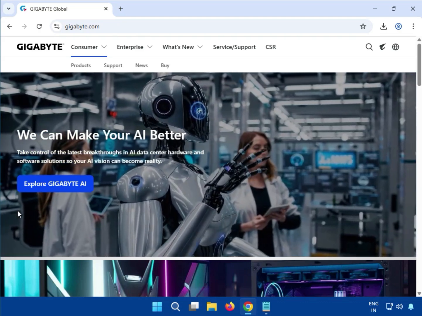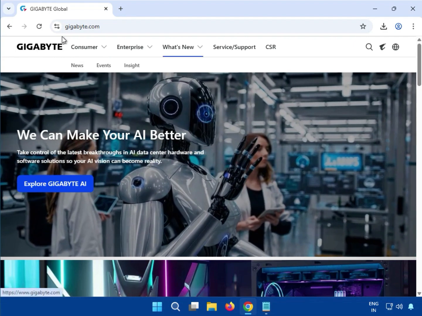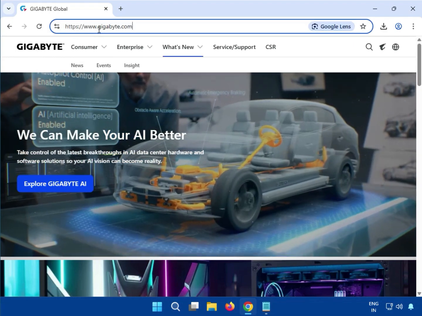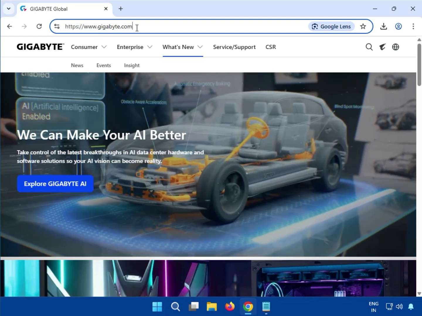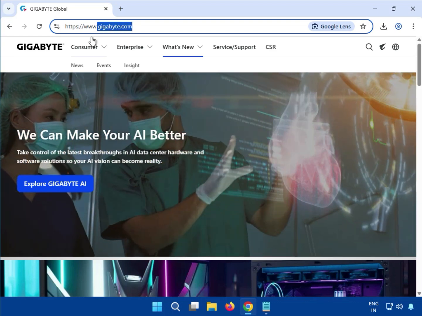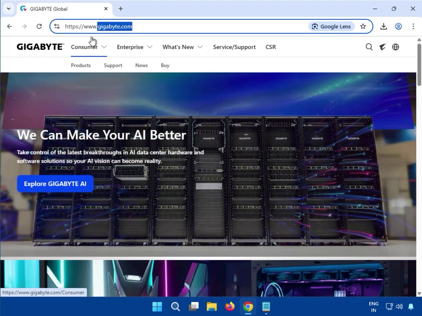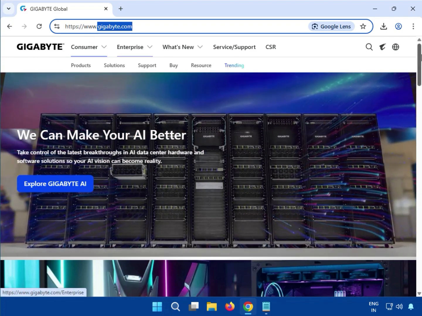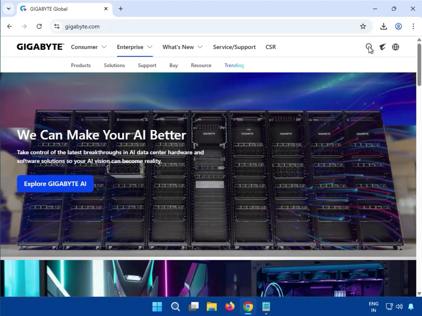And first, welcome to this website. This is gigabyte.com. This is the official website where you can download drivers, check, and find anything related to Gigabyte. Okay, so you can see here, click to search